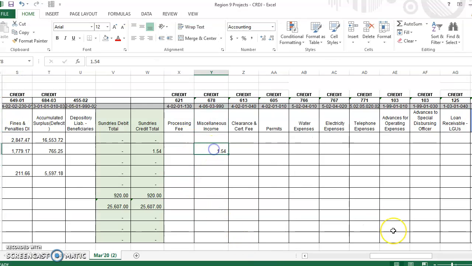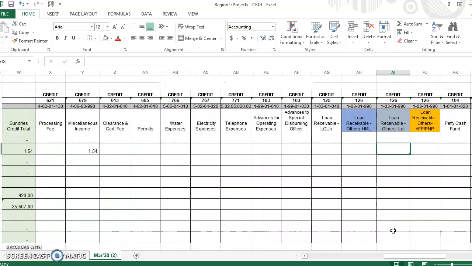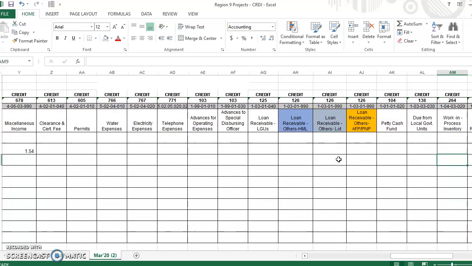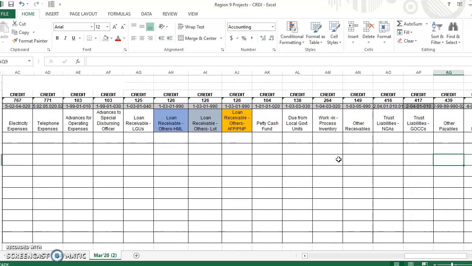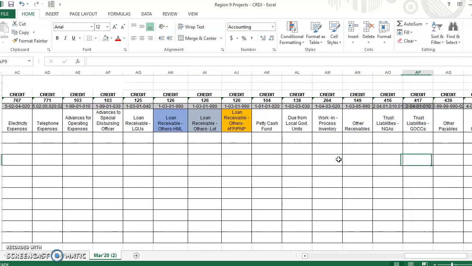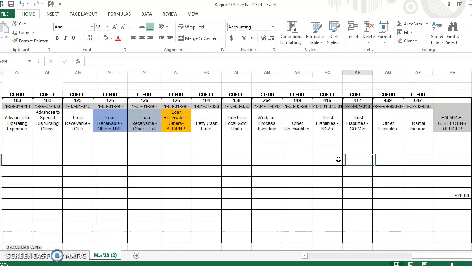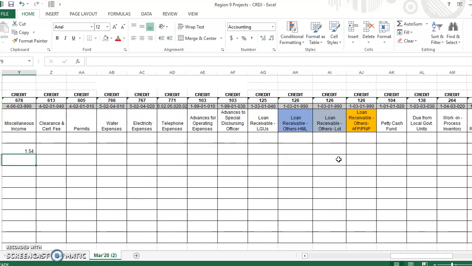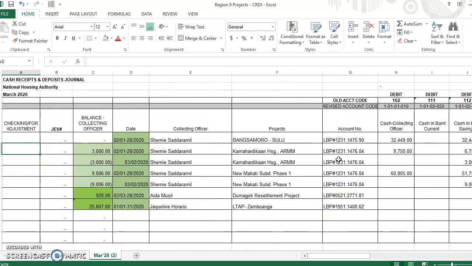Ito, mga different expenses. Ito, mga loans receivable. Usually ginagamit to sa mga AFP, PNP projects. So, siguro later on, kapag may projects na kayong ganun, magkikredit na rin tayo dito. Petty cash, due from LGUs, trust liabilities. Hindi ko na siya lahat i-explain kasi usually hindi naman lahat ito nagagamit. Sabi ko kanina, depende sa ating mga accounts na hawak. So that's it, and see you next